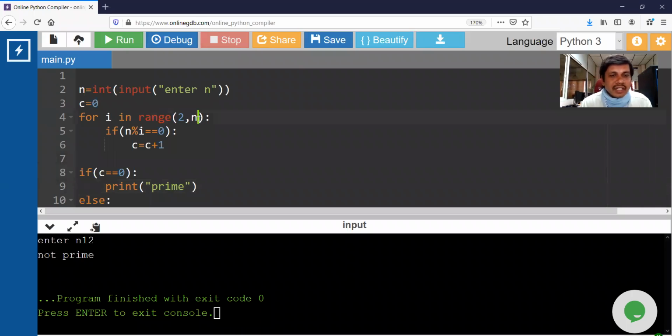So what I'll do is I will not go to n, n by 2 is enough. Double slash is integer division and single slash is float division. Like 7 by 2 is 3 with integer division, not 3.5. If it is single slash, it is 3.5. If n value is 7, n by 2 is 3.5. Double slash is integer division, 7 by 2 is 3.